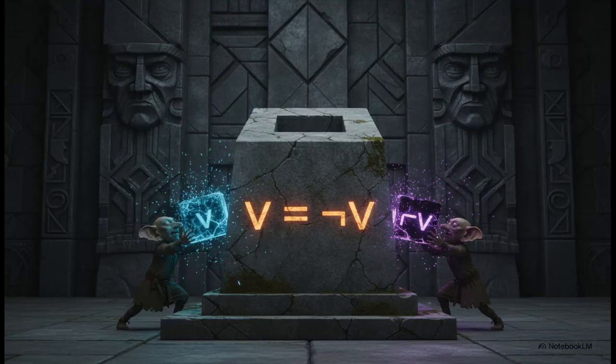In this static system, the liar sentence creates a totally impossible equation. It demands that its truth value, let's call it V, has to be equal to not V at the exact same time. Just think about that for a second. Nothing can be itself and its opposite simultaneously. It's like asking for a number that's both odd and even. It just breaks the whole system.